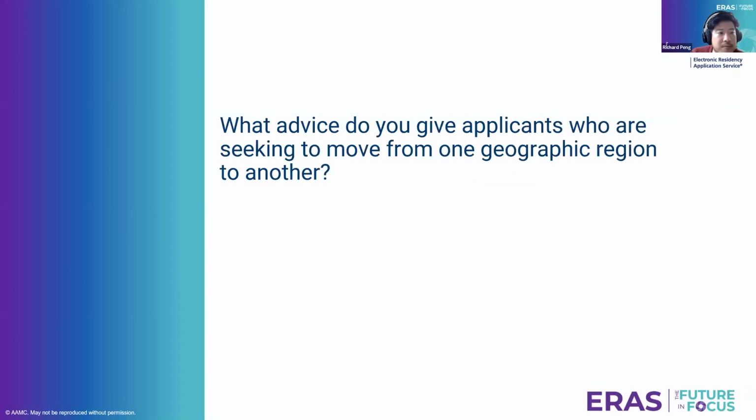What advice do you give applicants who are seeking to move from one geographic region to another? I'll go ahead and start with you, Dr. Mills. Good question. I think it's pretty similar to the previous question, really. In the application, I think geographic preferences and the program signaling helps programs to know that you have a genuine interest and or willingness, right, to move. And the text box for geographic preferences is a chance to share why you want to move. The most common reasons being, as Dr. Brown mentioned, having family in the area, having gone to school there, or having worked there. Yeah, so I think aspects of the application are really helpful for them.